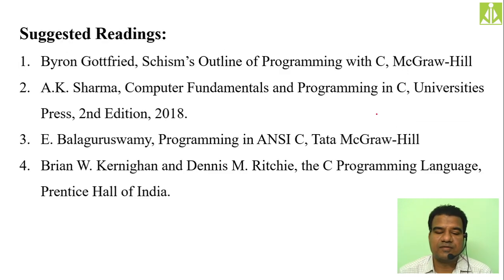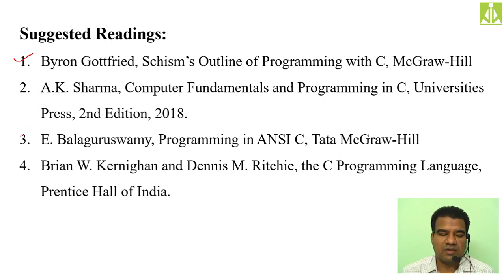Yes, these are some of the suggested readings from the university. And apart from these textbooks, I will also give my notes, previous year solved papers, and many different things we have handy that you can utilize to prepare. Okay, so Schaum's Outline, the first textbook from McGraw-Hill. It is the textbook suggested by the university. I have the soft copy of this book on my blog. You can download it and refer to it.